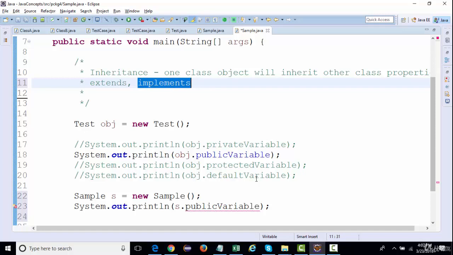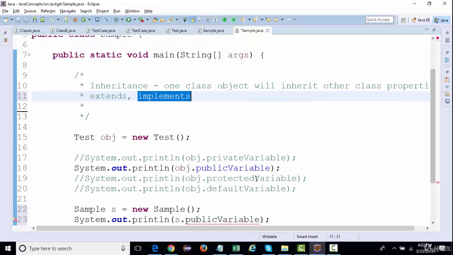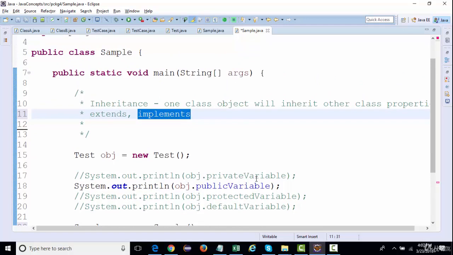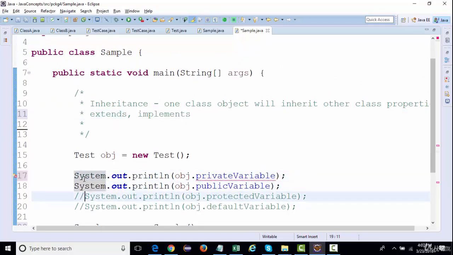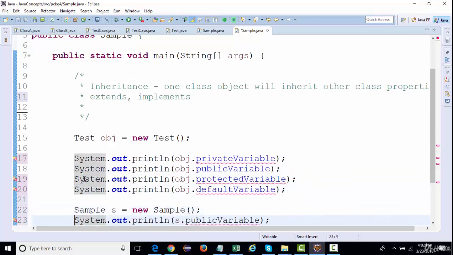We'll have a detailed discussion on extends and implements, but for the time being, I am going to implement inheritance over here so that we can see whether the protected variable is accessed outside the class or not.